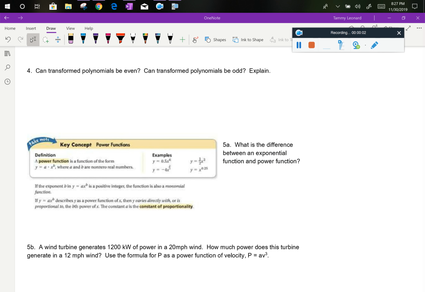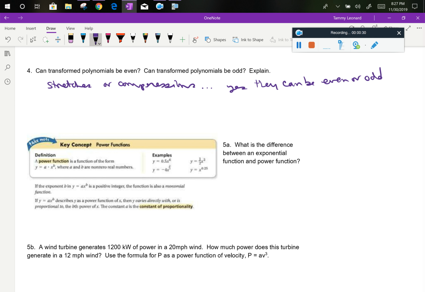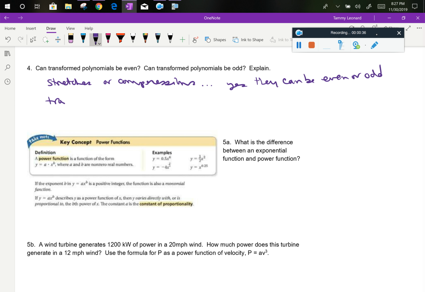All right. One of the things we've been asked is, can transformed polynomials be even, and if they could be odd? So the question is sort of, it depends on the transformation. If we have stretches or compressions, then yes, they can be either. They can be even or odd, because that just compares how much they've squished towards or away from the x or y axis. But translations away from the origin prevent even or odd from being an option,